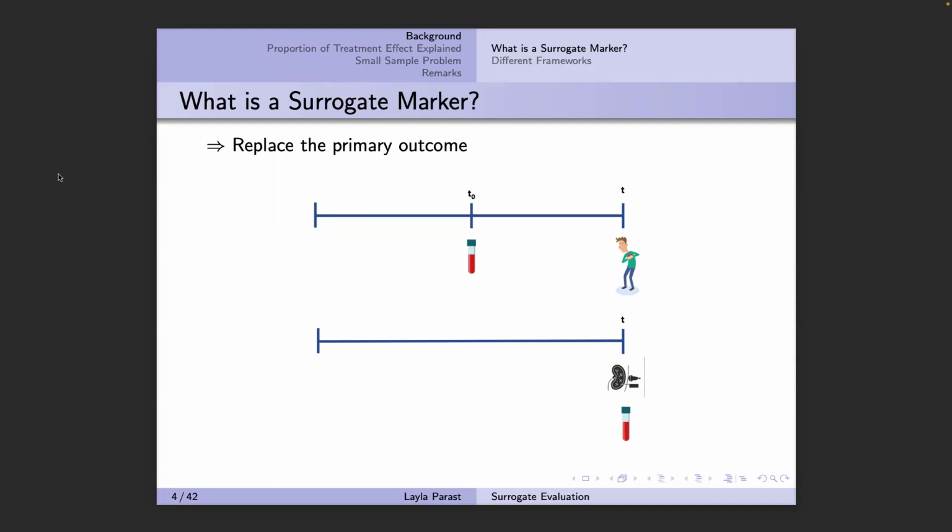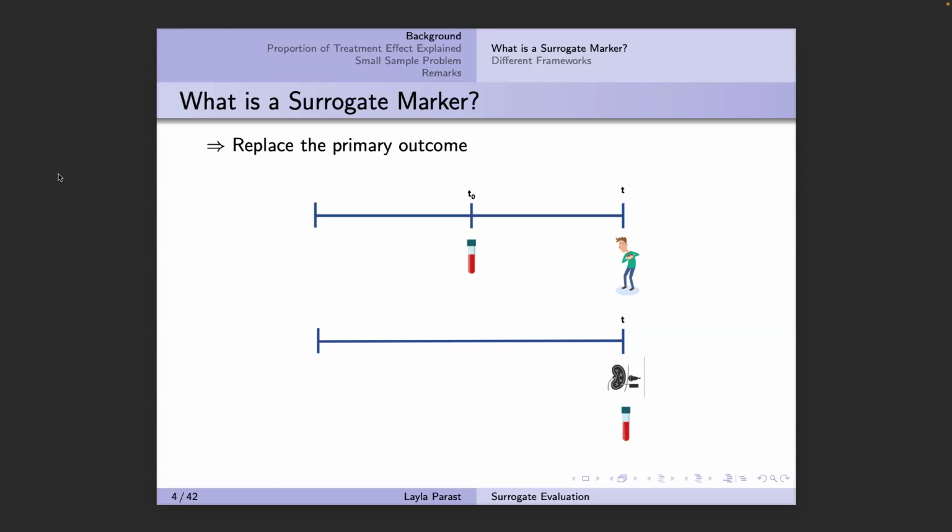In the second example, I would be interested in a surrogate marker that is actually measured at the same time as the primary outcome, but is still of interest because it's less expensive or less invasive or less burdensome on the patient. So here, the primary outcome is measured via biopsy, and this is the example that I'll use at the end of the talk, where I have